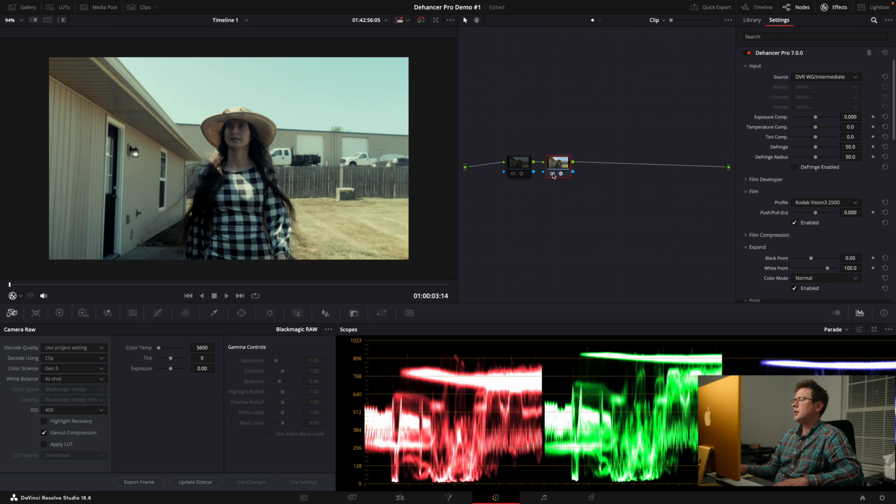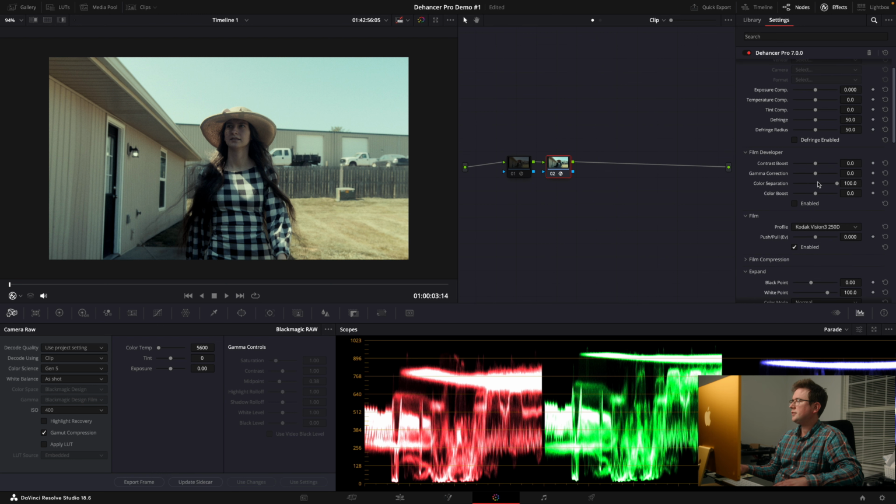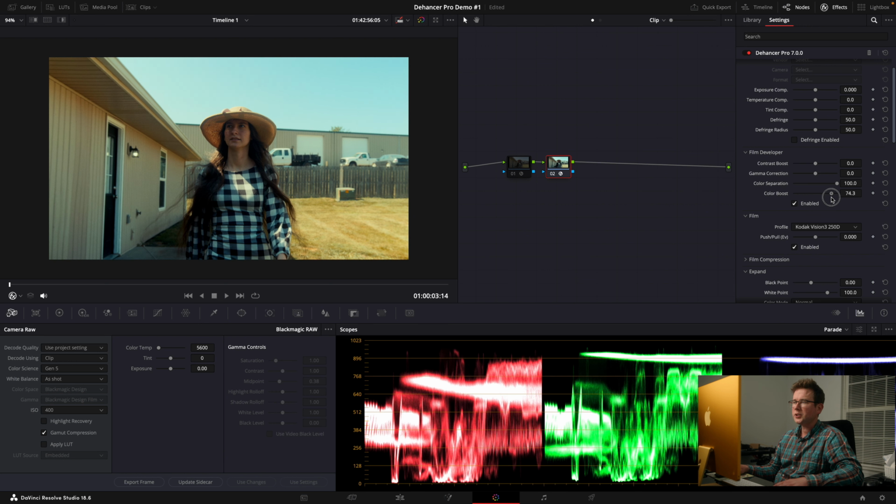So what I typically like to try doing is going into the film developer, enable, and then giving it a really big color boost before I get too into the grading, just to see where all the colors are falling. I actually really like how this looks. It's a little blue there. I will take some contrast